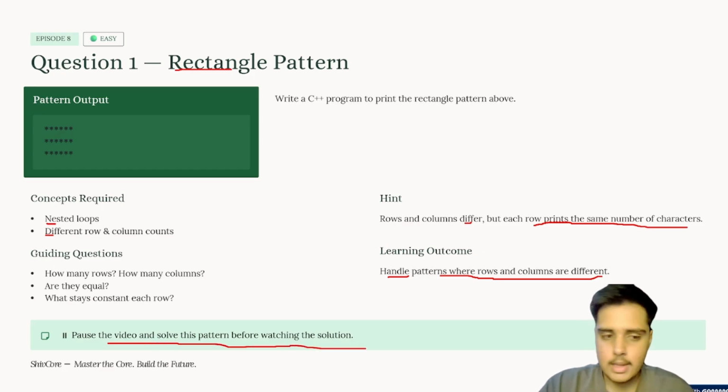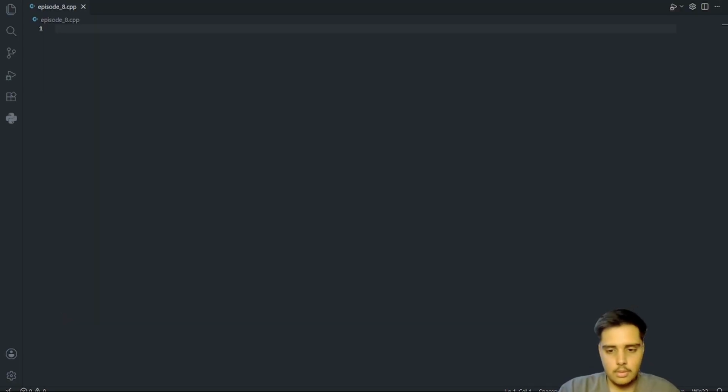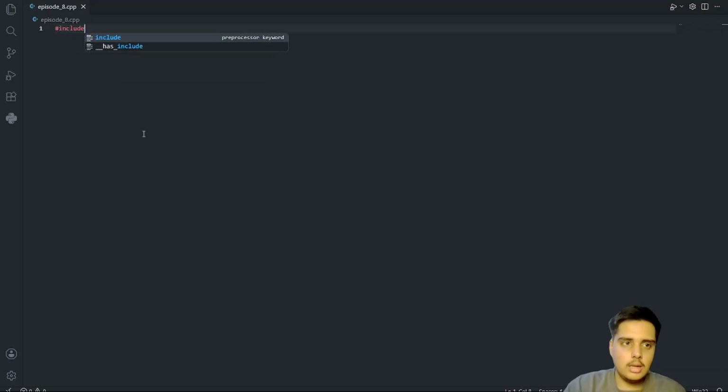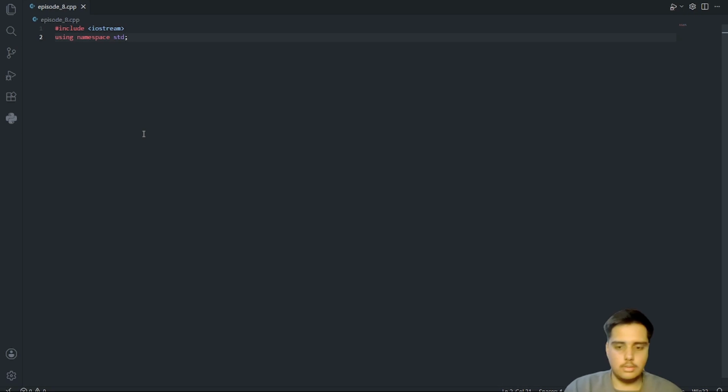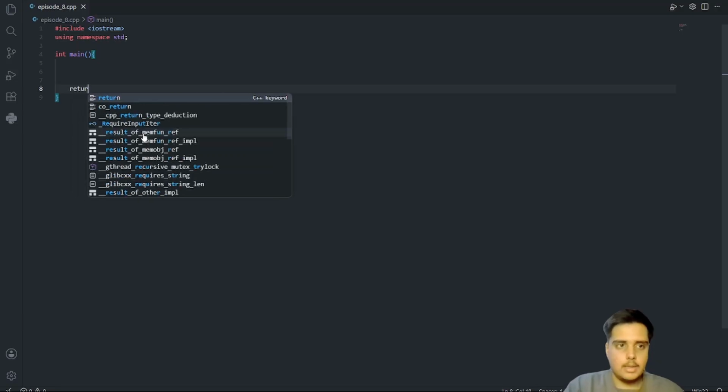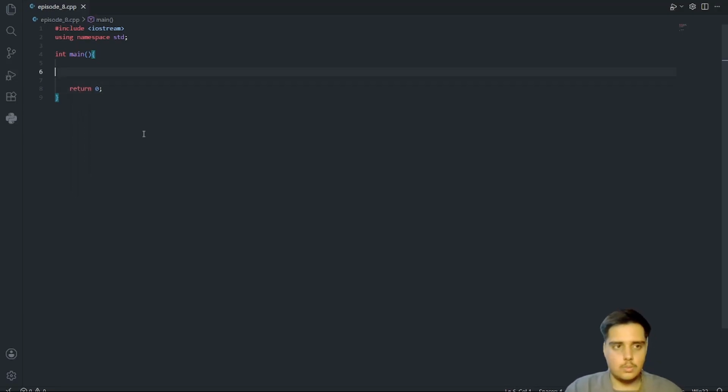So coming to our VS Code screen, here we go. #include <iostream>, using namespace std, int main, return 0.